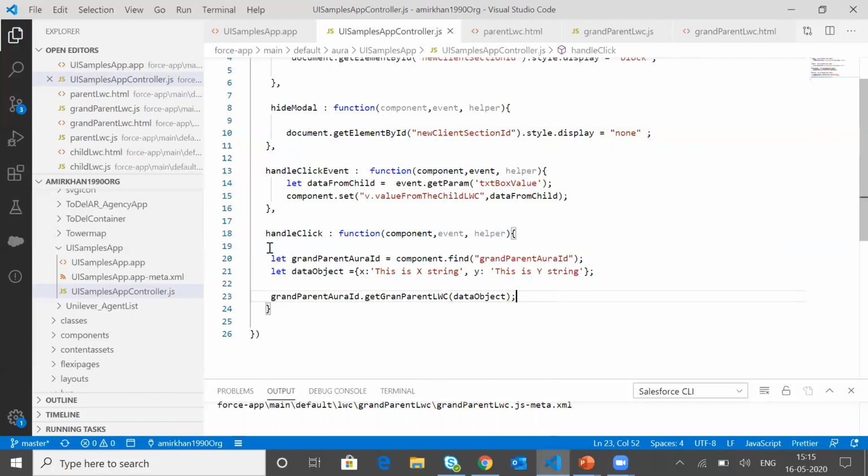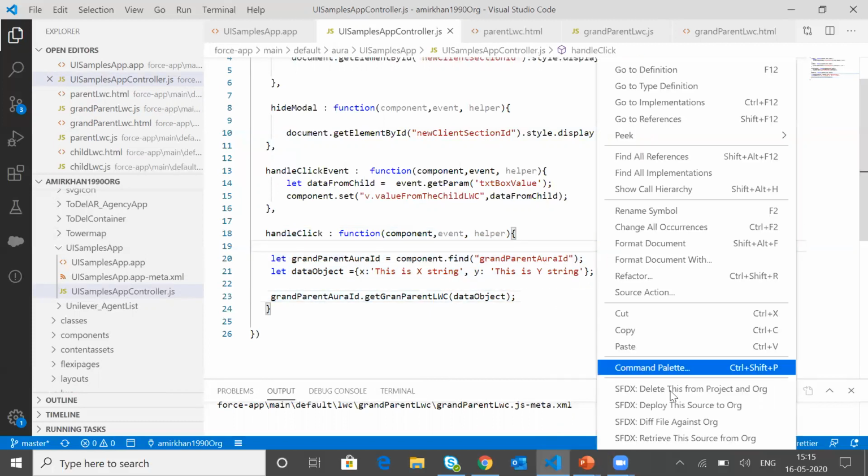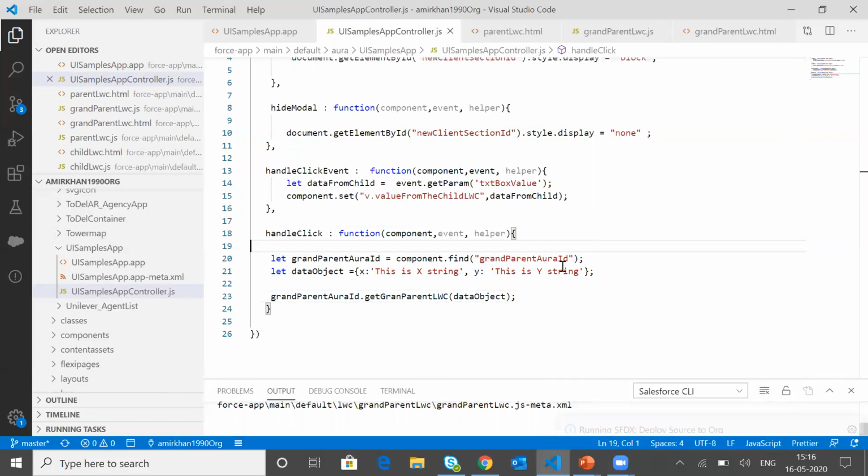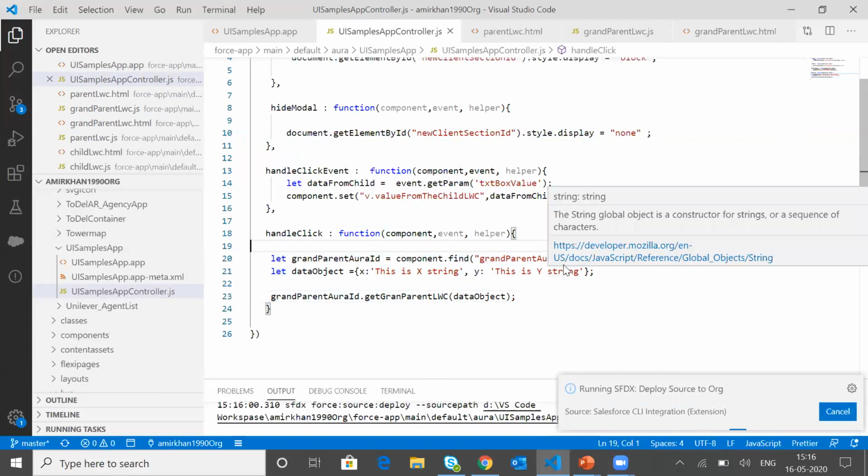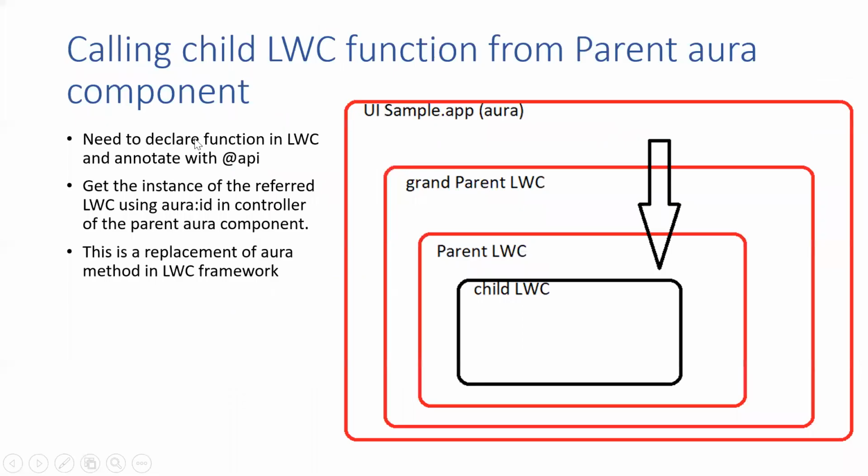So now we have the connectivity from the parent to the child. Okay, now let me deploy the UI sample Aura component, and let's wait for it to get deployed successfully into the org. Now it has been successfully deployed.